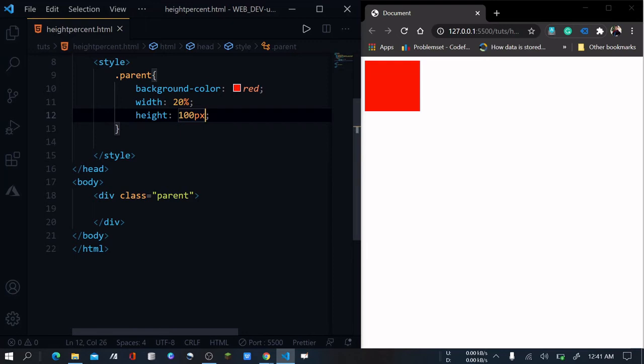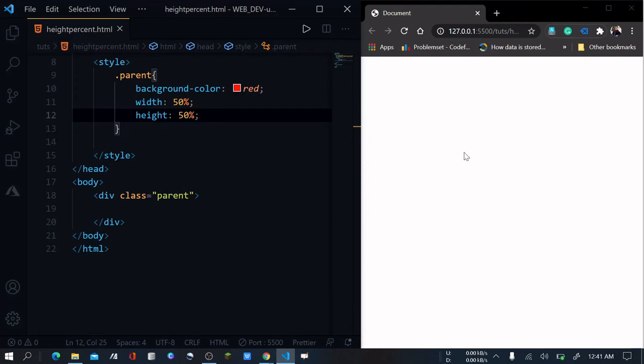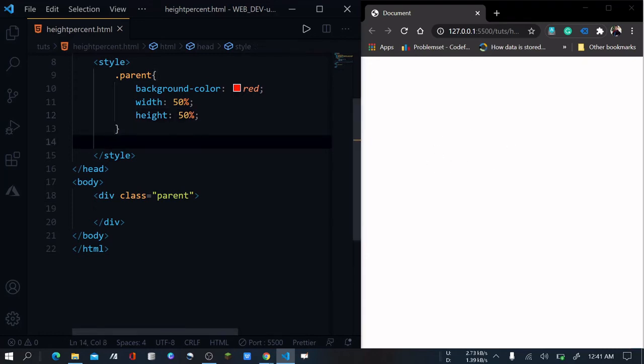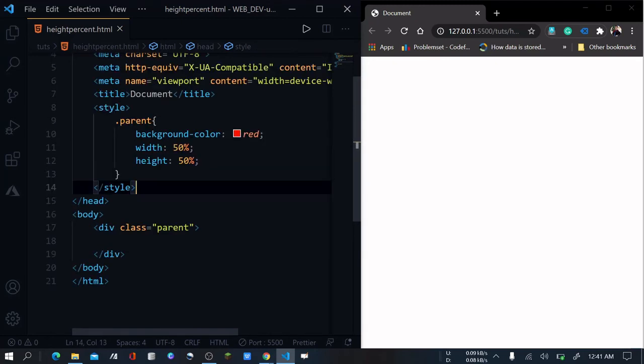Now when I set the height of this one to, let's say, 50% and change the width also to 50%, as you can see, nothing appeared here. You can't see anything on the right hand side. So why is it like that? See what happened. When I set the width of this one to 50%, it will look at the width of the whole screen. Okay, till now it is fine. But when I set the height of this one, it will go to the parent, which is body.